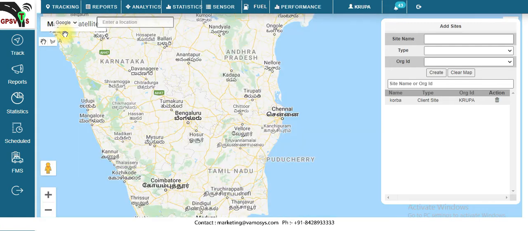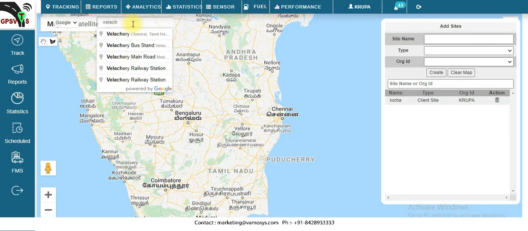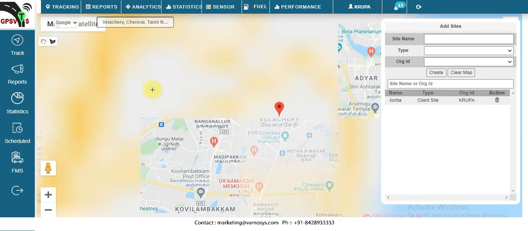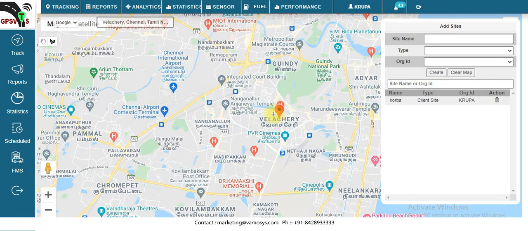So if you click on Google, after that you have to click on this pan option here. You have to give the location name. Suppose I am giving the location name here, it will come, and after that with the help of this pan option you have to mark the site.